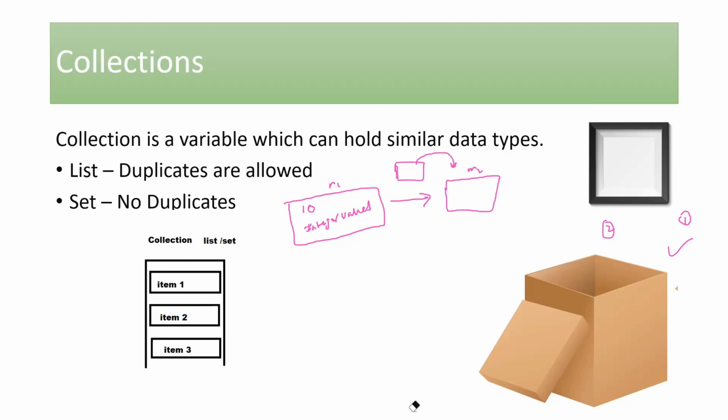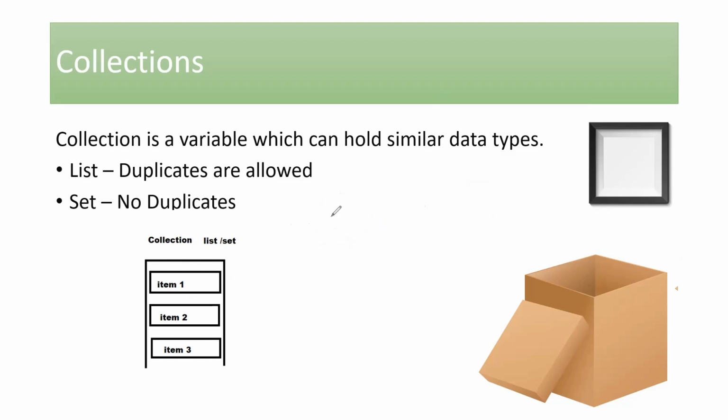So if I have a requirement where I need to add 10 items to this collection, I can go ahead and add these items one under the other. If I have to use this collection to only hold 2 values, this collection would reduce its size and it would hold only 2. If my requirement is to basically hold 3 items inside it, it would go ahead and expand its size to accommodate another one. So this is how your collection would expand or decrease its size depending on the number of items it is holding. All right. For time being, whenever you think of a collection, think of a cardboard box, and we'll correct this understanding as and when we move forward.